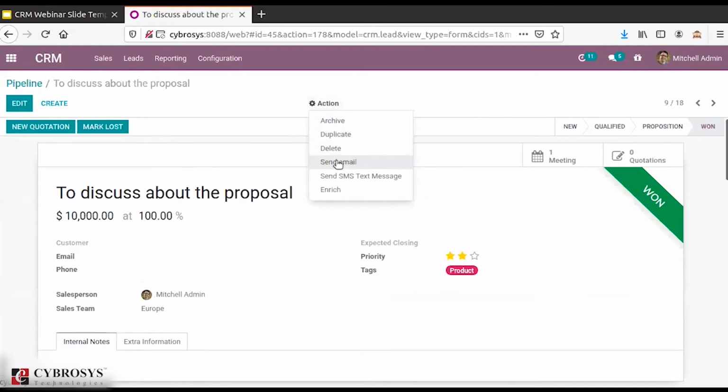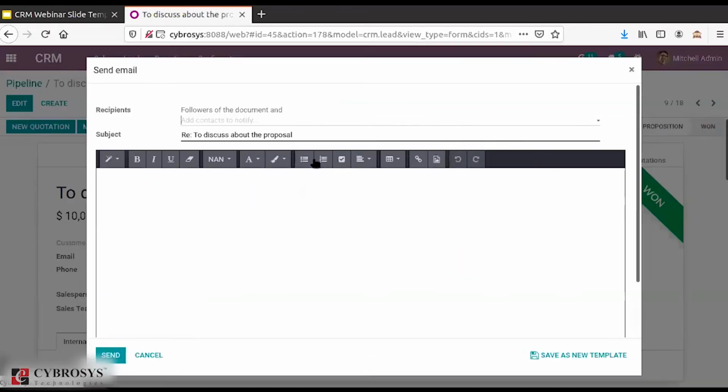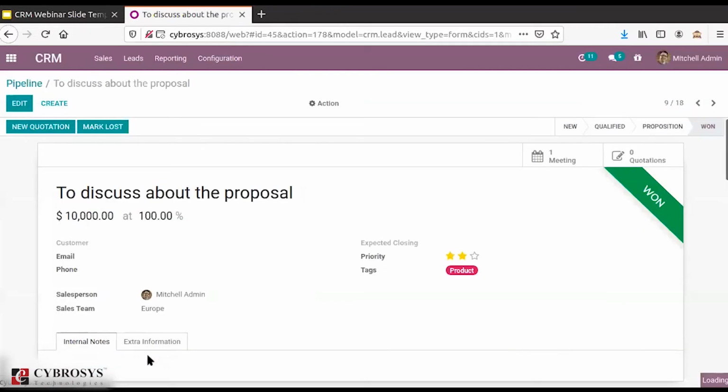While creating the lead also you will have the option to send them an email. When you click on that, the particular recipient's name would be here, the subject is also here. Then here you can provide any descriptions that you want to convey to that particular customer. That option we have in the case of opportunity, and also in the case of lead.